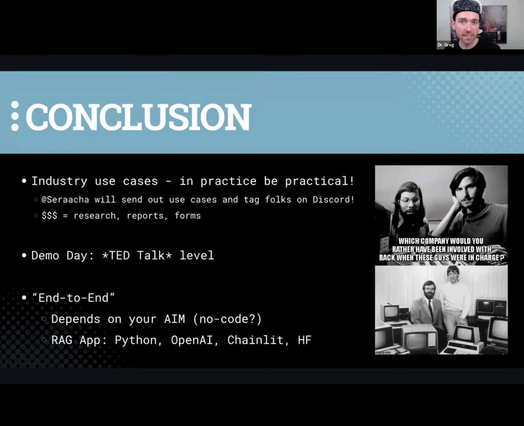Now, end-to-end is something we'll continue to talk about. Production grade is something we'll continue to talk about. This is a stack we saw today and that we've seen so far that you can pick up and quick prototype stuff and you can get people using it. You can ship it into people's hands. You can get feedback from your users. There's nothing stopping you today from shipping a RAG application on Monday to people at your company or to people in your communities. That's where we wanted to get you by session 3.